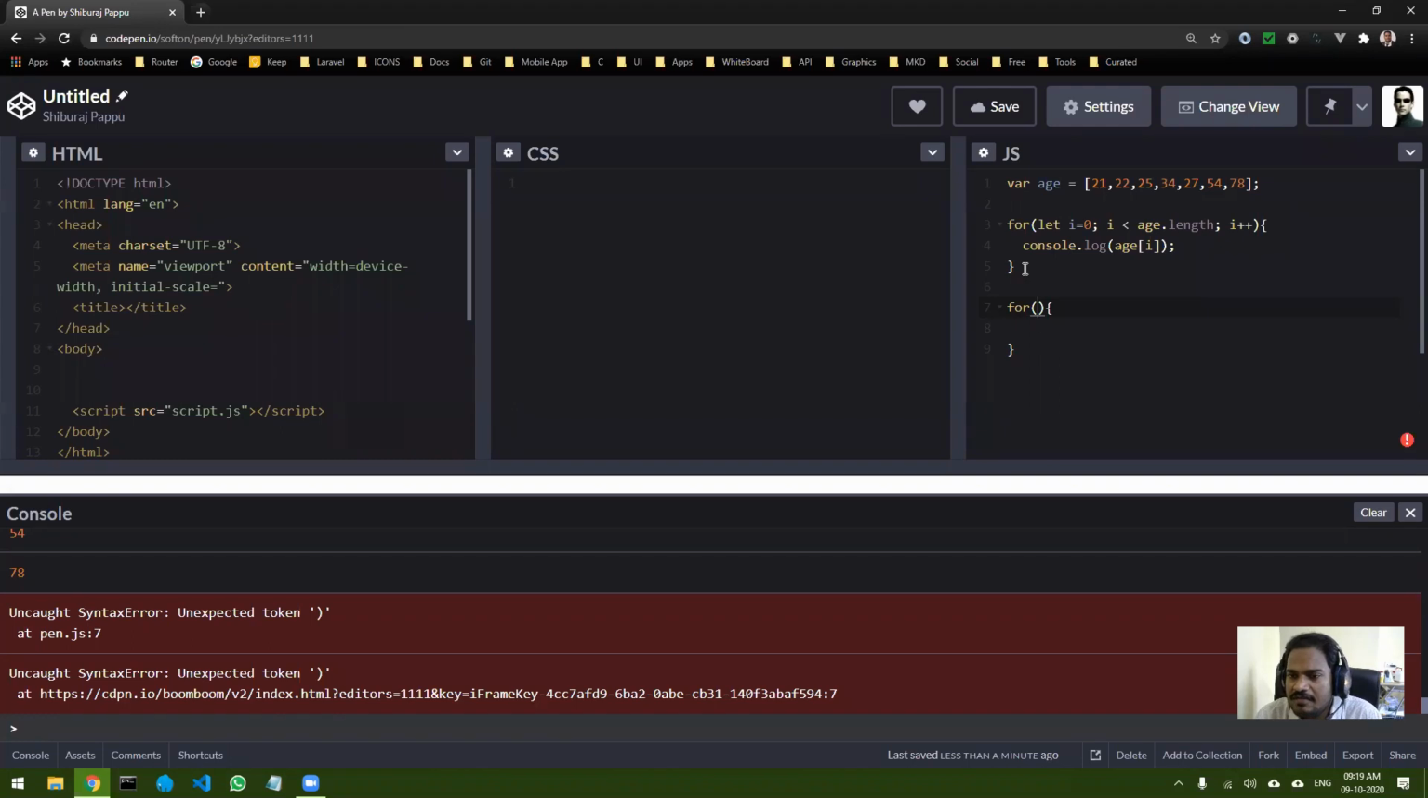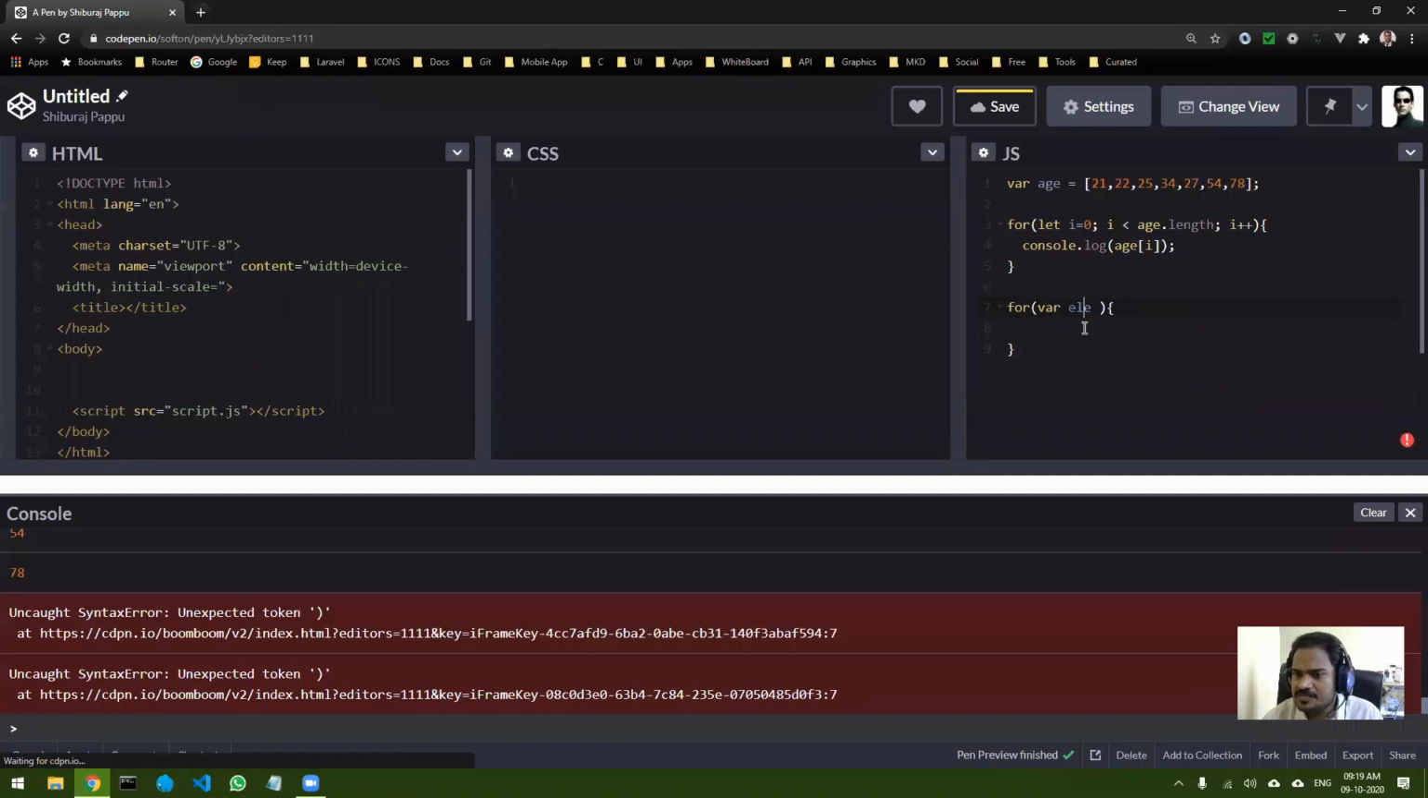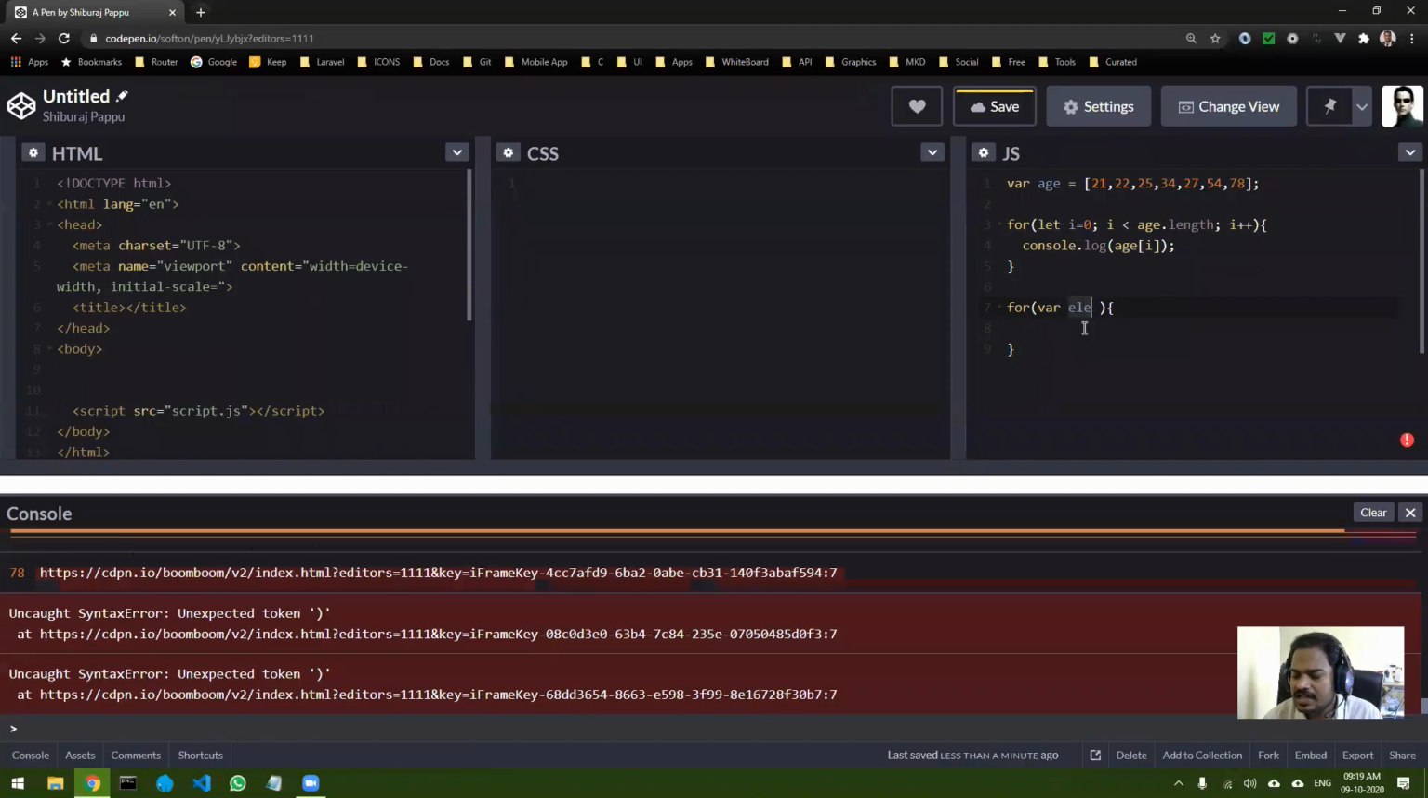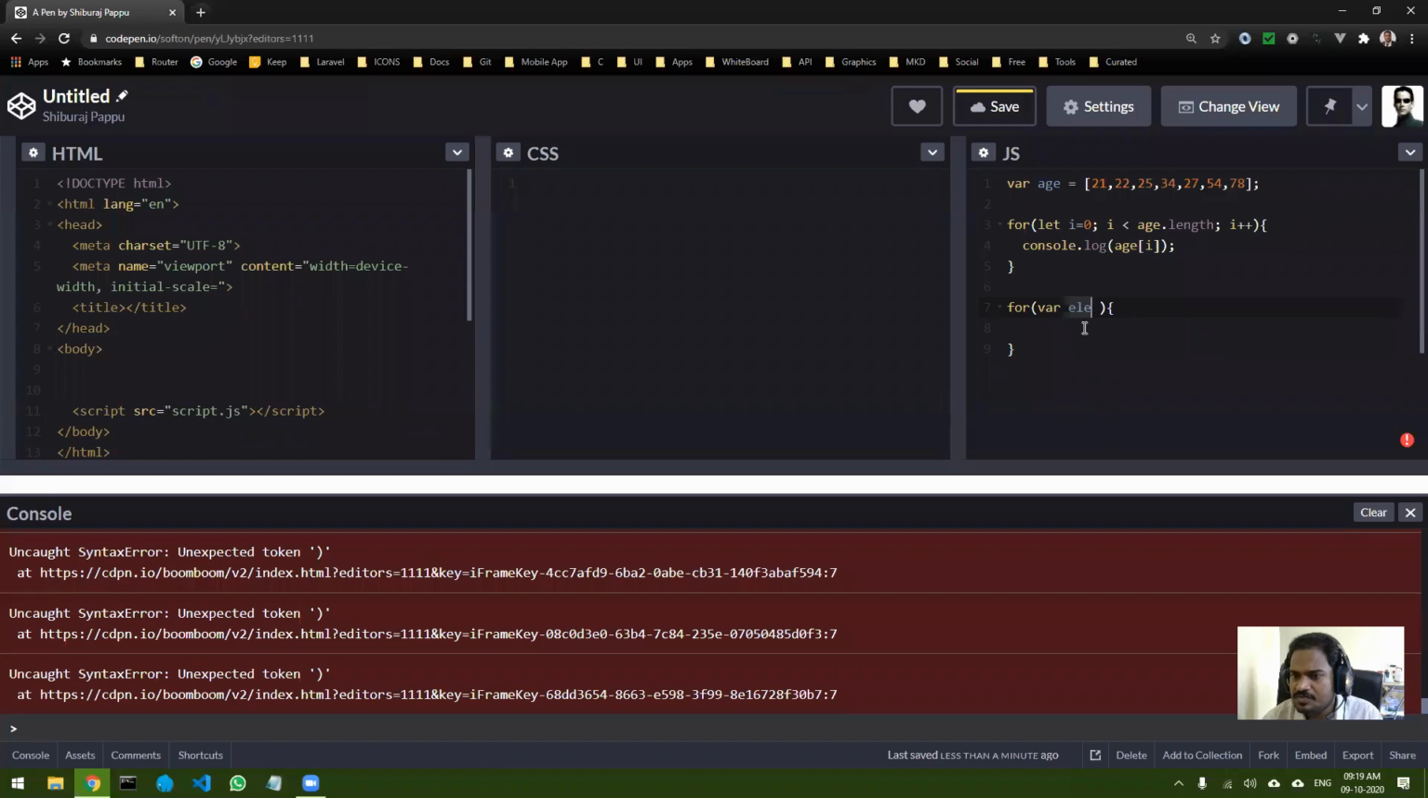You need to have an array that you want to go through. All you have to do is declare a variable. Let's say var ele. Any name of the variable, this particular variable name is your choice. You can put it anything. And then you just have to mention in